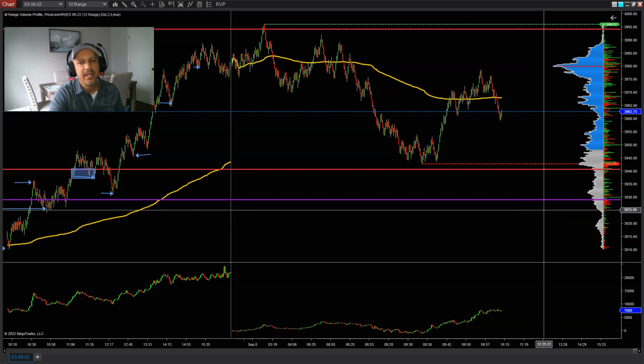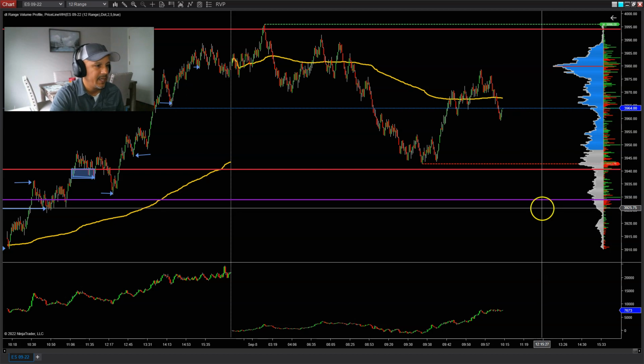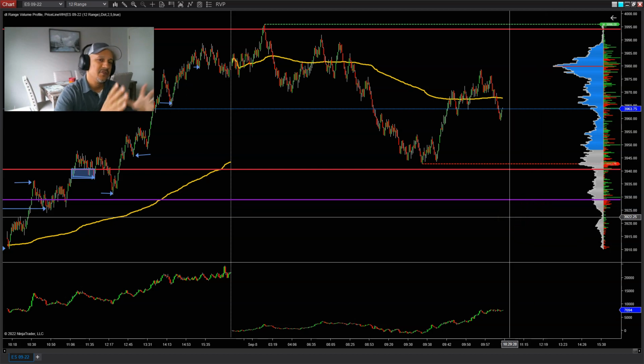So you have to trade what you see, based upon what price is actually doing at the moment. But like I said, if you're trading based on the higher time frame chart, say the 60 range chart, and you're waiting for those opportunities to take maybe a continuation trade to go short, then you're going to have to wait for price to move back for a longer period of time, for price to maybe tap into a zone, as I just showed you, like a supply zone off the 60 range chart,